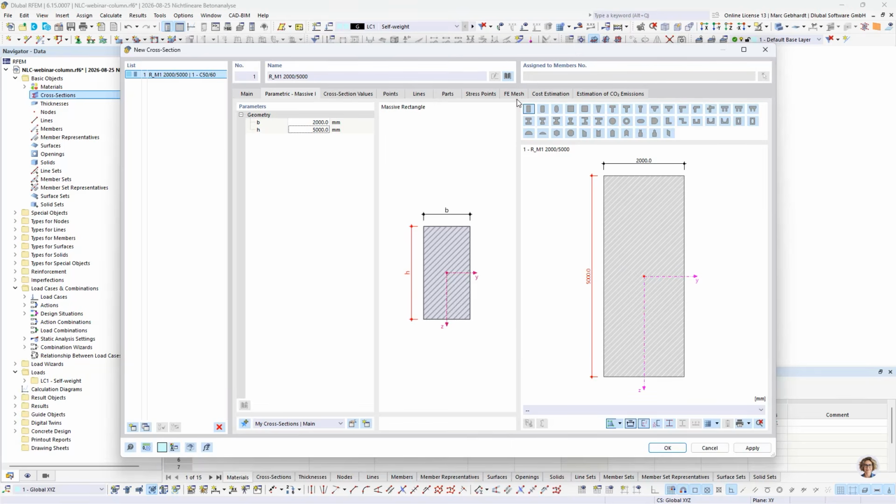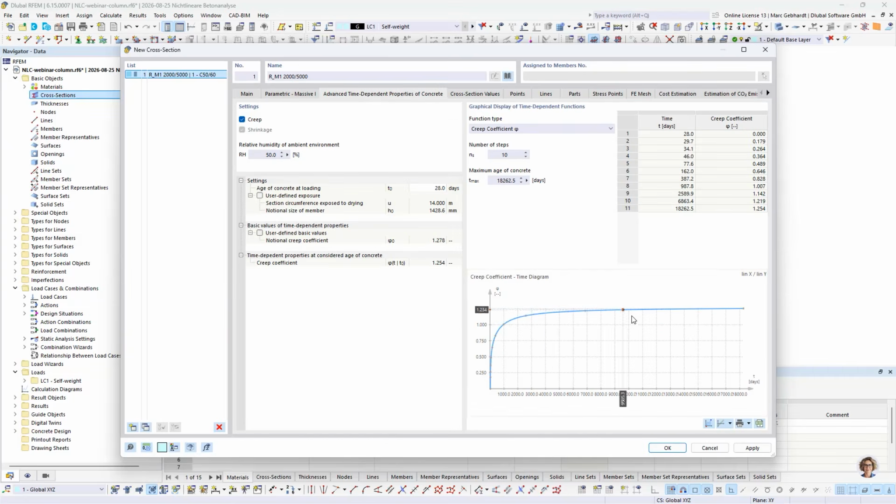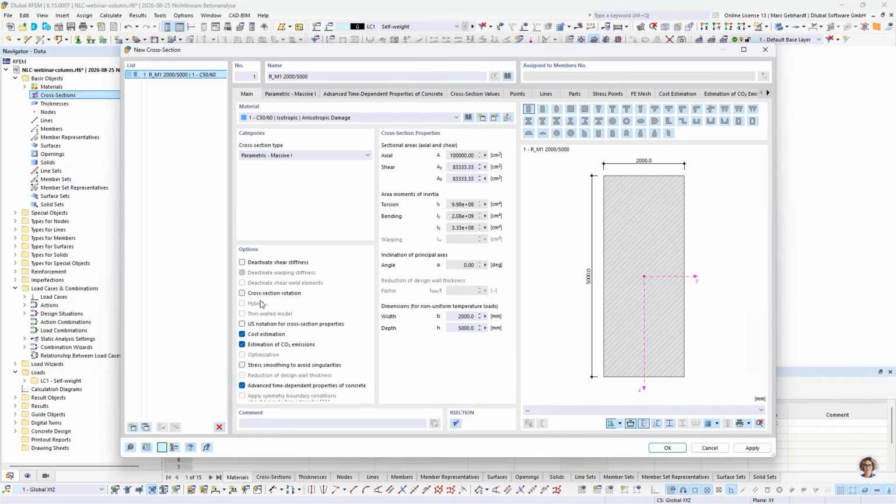Here we can also see the advanced time-dependent properties of concrete, where you can see for creep, here the creep coefficient according to the time for this particular cross-section. Also, you can apply here additional user-defined values, but we will use today only the ones defined by the